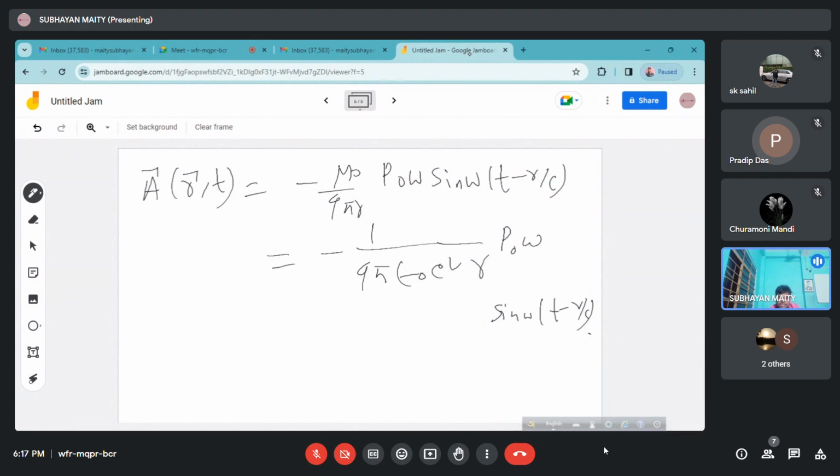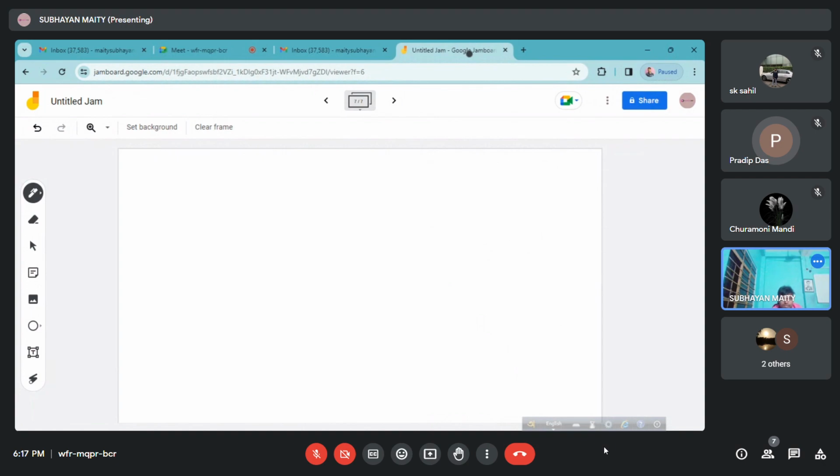Okay, so now we can find E is equal to minus grad phi minus del A by del t. So at first we have to find grad phi. Grad phi in spherical coordinates is equal to del phi by del r, r cap,